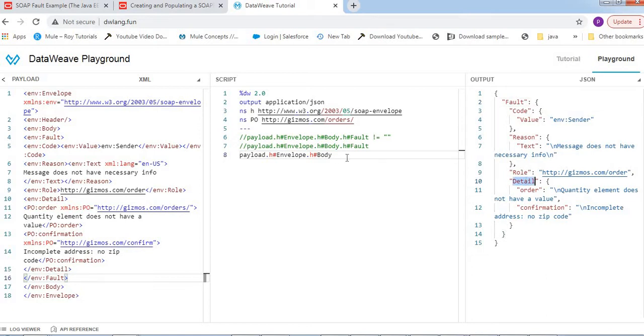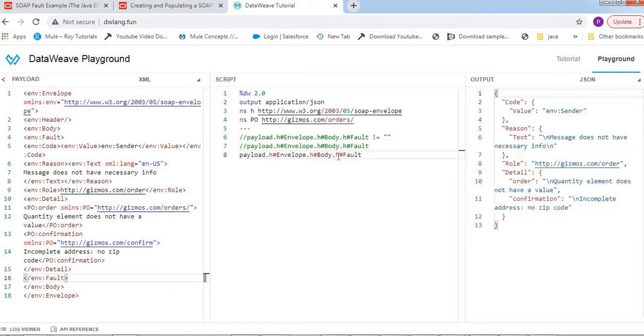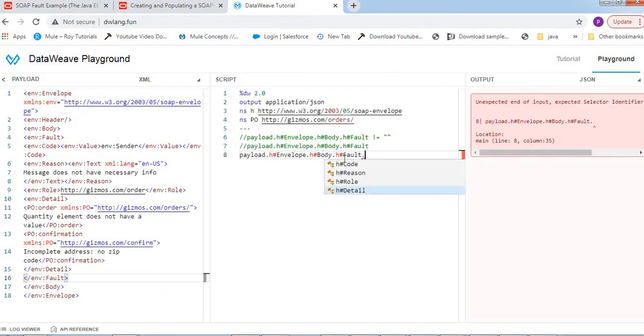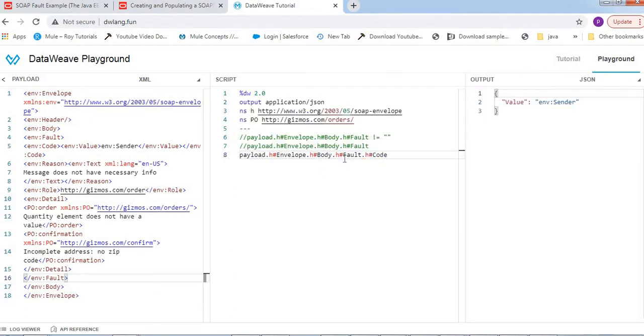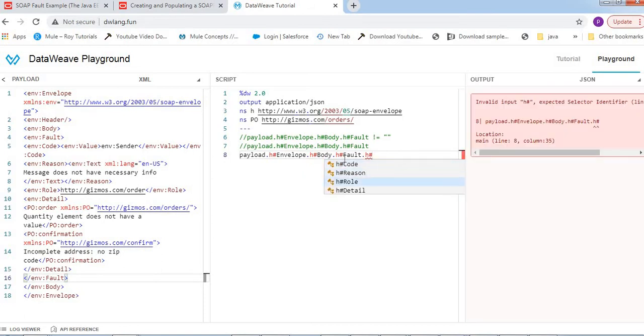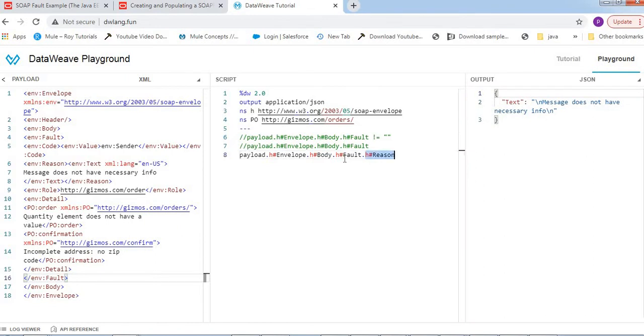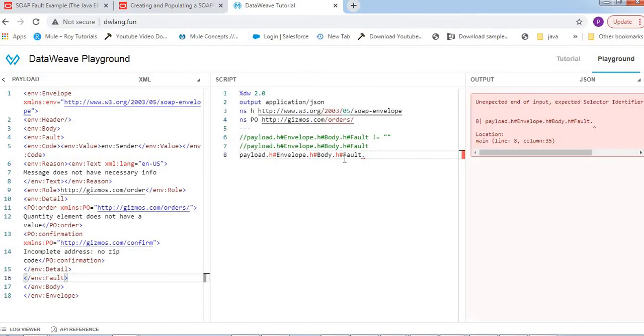So here what I have to capture is the order details from the fault. So we'll capture the fault, so I can get the code and reason and the details. After that, if you want code specific details, we can take. If you want the other details, like reason, we can capture those as well. See, here our requirement is to capture the order details.